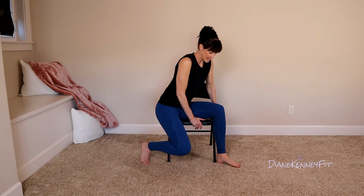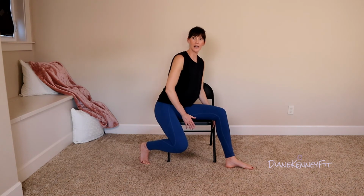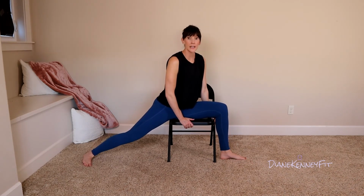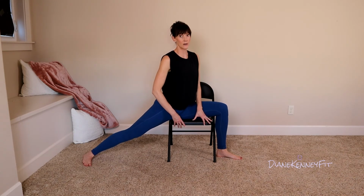I want you to scooch back on your chair, separate those legs out, and we're going to take our hamstring and place it on the seat while we take our other leg and extend it back. We're going to find a warrior two here. So take your time in this. Now, depending on how high or low your chair is, you may need to adjust this. My chair is pretty low, so this is a pretty deep